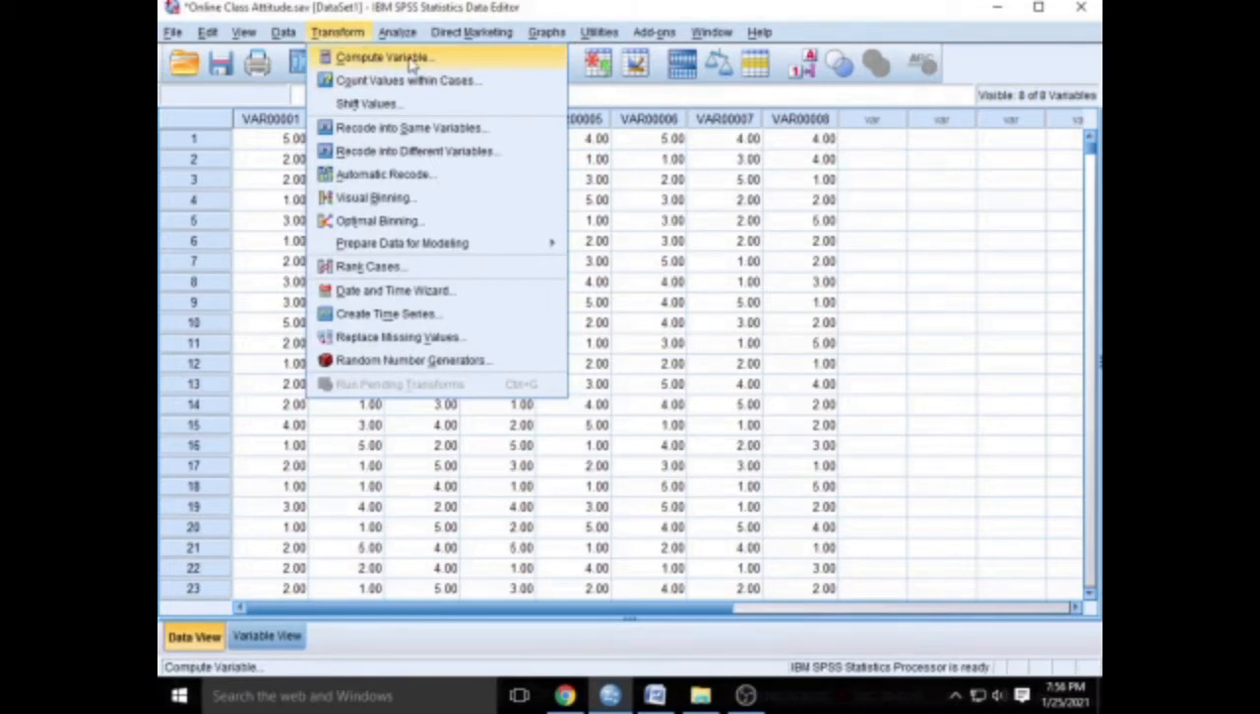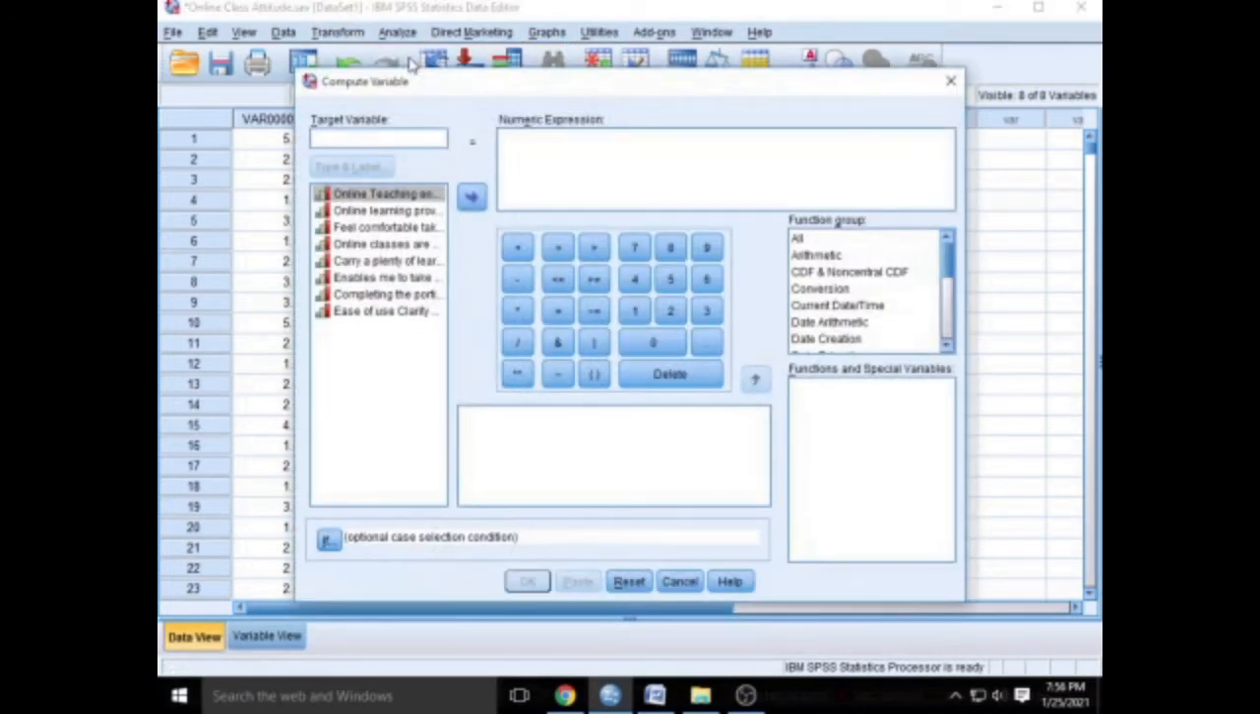Just enter transform and click compute variables. You can get this window, target variable window. Here you can type the total score as a new variable name. After entering the new variable name as total score, select the variables from this box